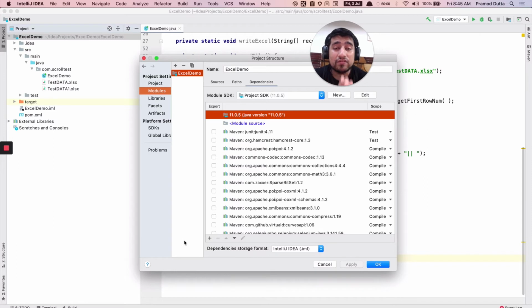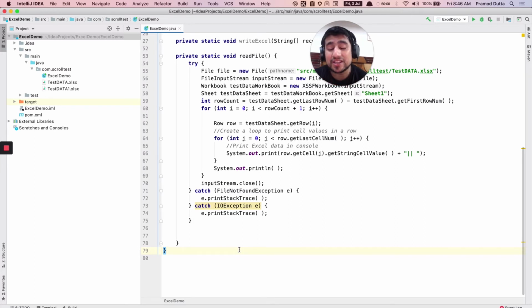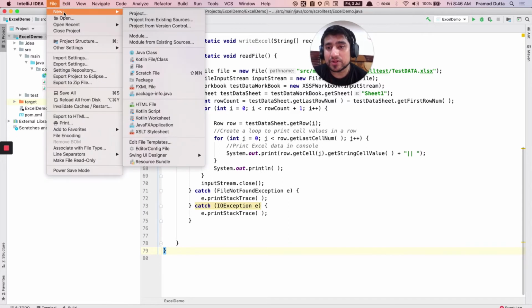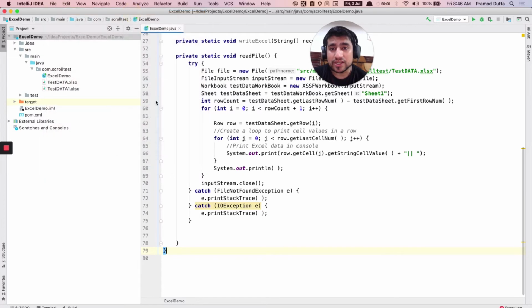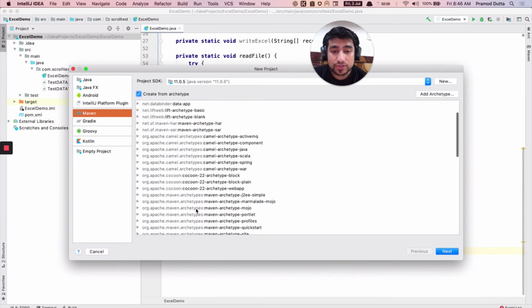Right now I'm going to show you by creating a Maven project. How you can do that is very simple. You don't have to add anything, you just need to create a simple project, and those libraries will be automatically added to your project. You can go to IntelliJ, download IntelliJ. After that, click new project, right? Make sure you select Maven, and you can create from archetype. An archetype is a set of folders that we generally use, right?